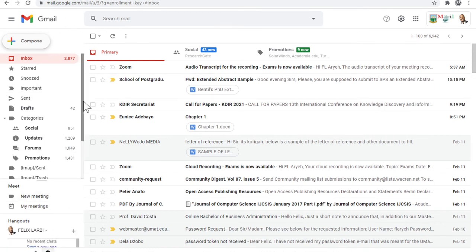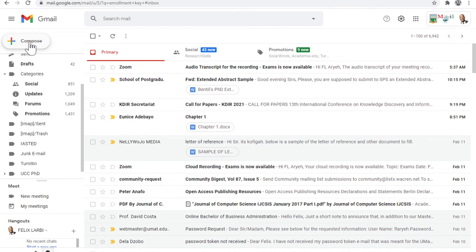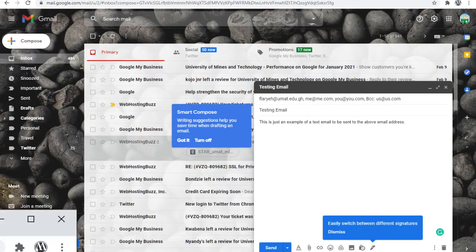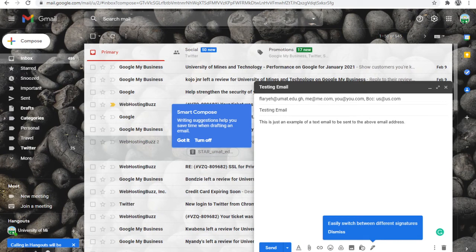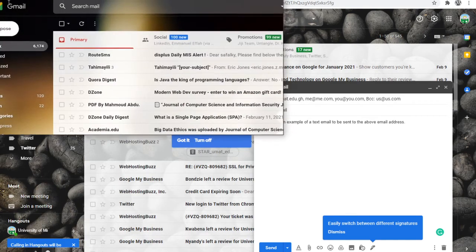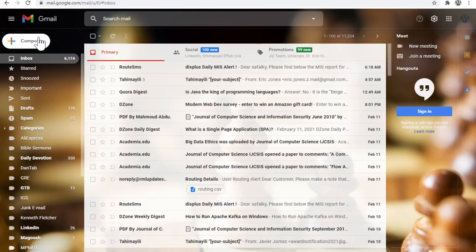My network is misbehaving a little. Okay, assuming I click on compose,